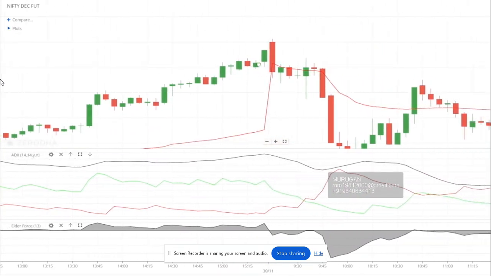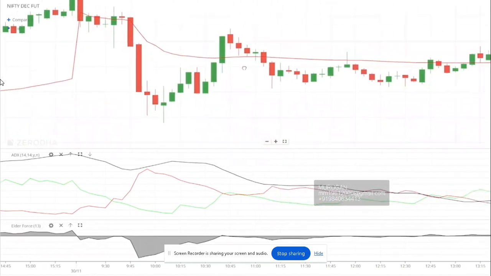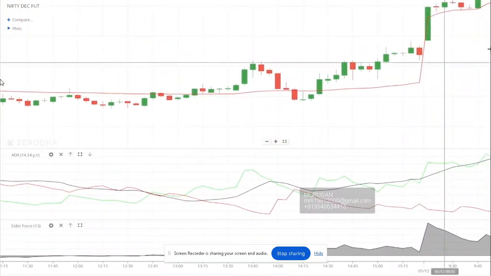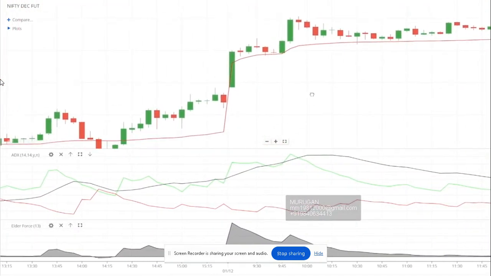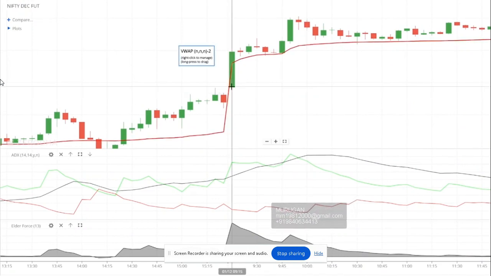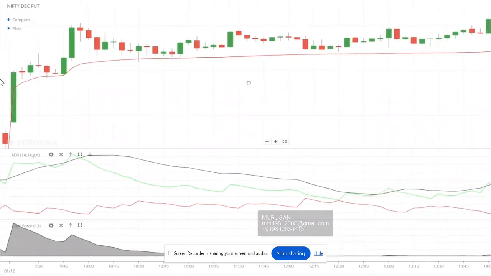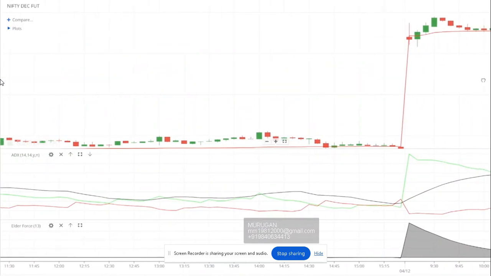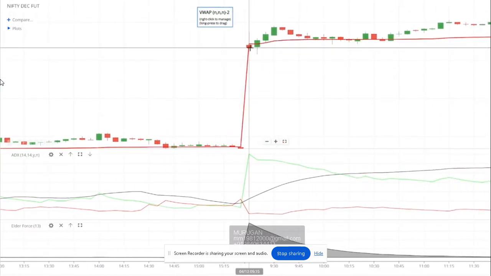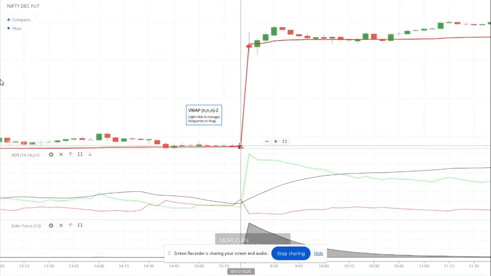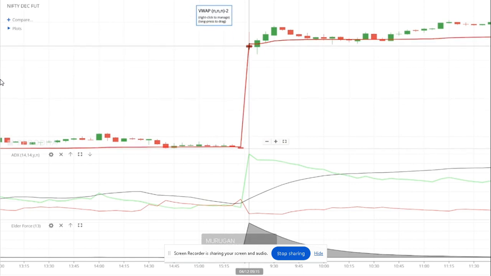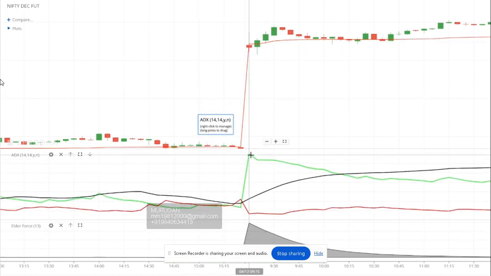Okay, right. Then come to the last one, the mother of all. I think the third was the election results, right? So this is first. So this is the election result. When the election result came, there was a huge gap up. Mostly people will be scared. Huge gap up, how to buy? But see here, all three conditions are satisfied.